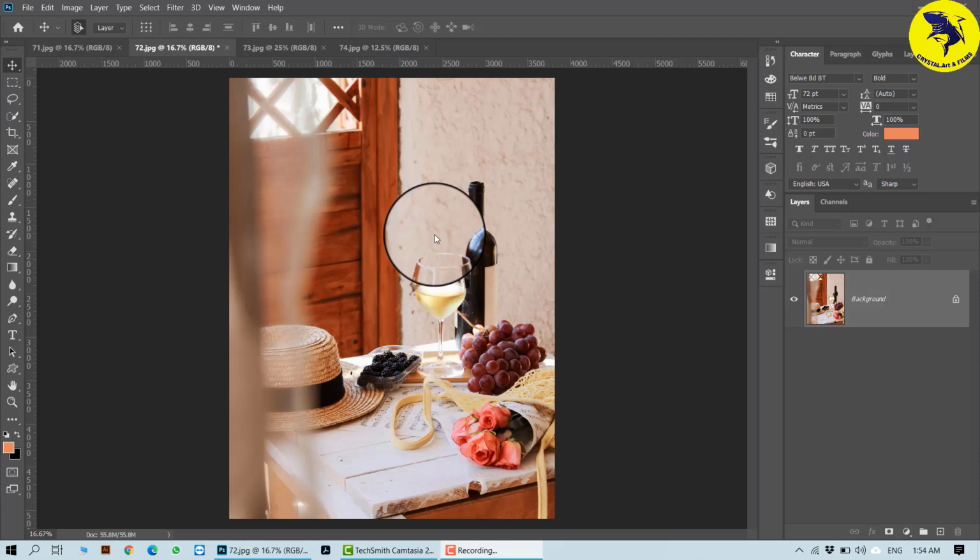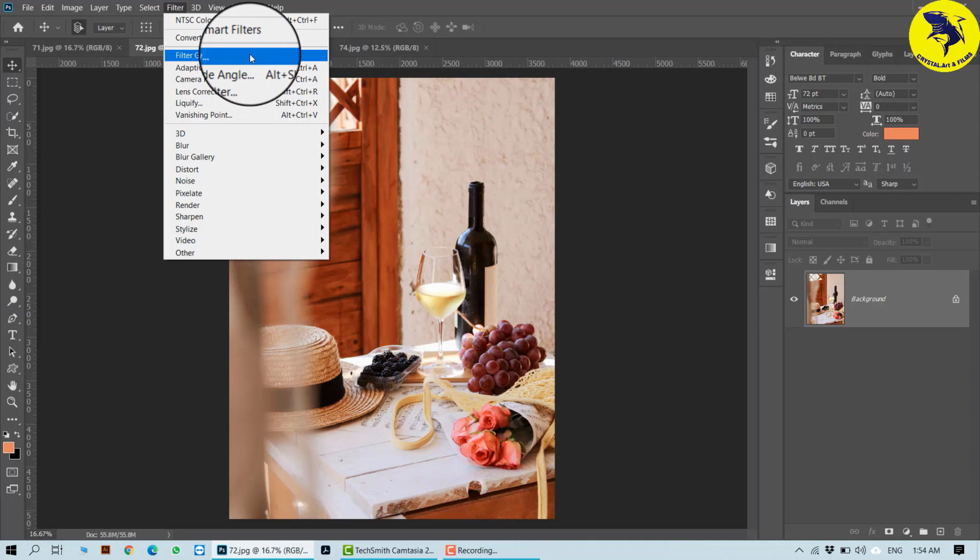Everyone, I have another video for today, and today I'm actually talking about the filter gallery, which is present here in my filters. The filter gallery has a lot of options and you can actually apply them one after the other for the same thing, and then you can choose whichever filter you prefer.